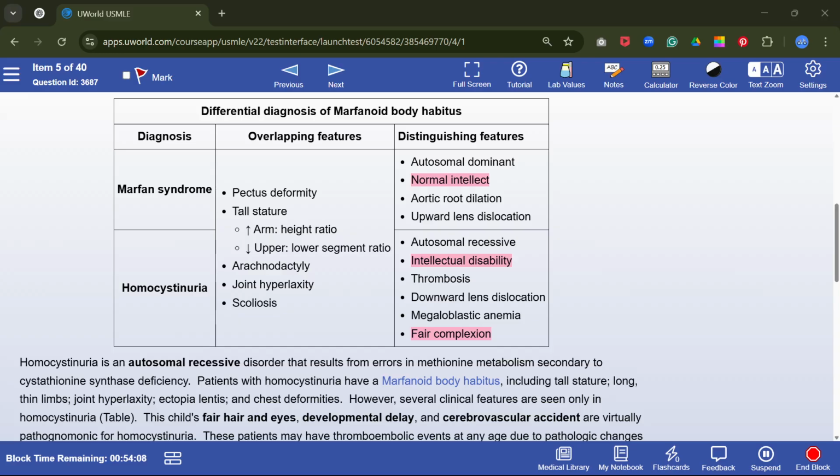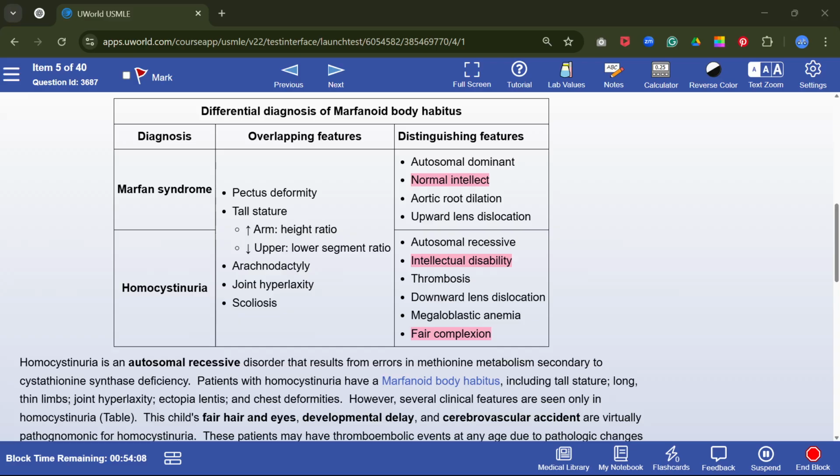Homocystinuria is autosomal recessive. Here there is very high intellectual disability. In homocystinuria, there is intellectual disability, there is thrombosis, there is downward lens dislocation, and there is megaloblastic anemia and fair complexion. So a fair complexion person with a developmental delay and a cerebrovascular accident looks like